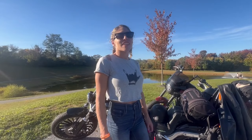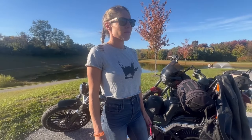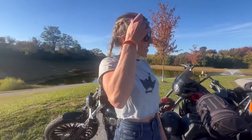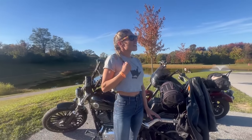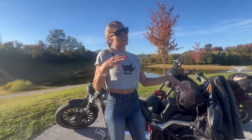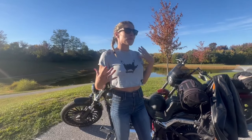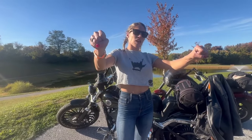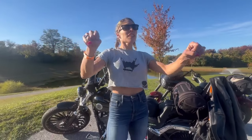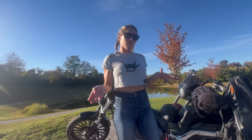I feel like I can't get as aggressive on it as I would like to get on it. I was gonna say your riding style has definitely gotten more aggressive. Probably because of that bike, right? Yeah, so I don't know if I would buy it. As far as the difference between that and the Heritage, the bars are the one thing that is a little bit different. For me, they were actually better. I think they're a little higher, but because my arms are shorter, I have to reach less. So for me, I felt like those bars were probably the most comfortable stock bars